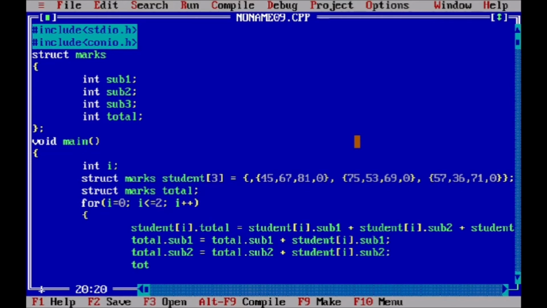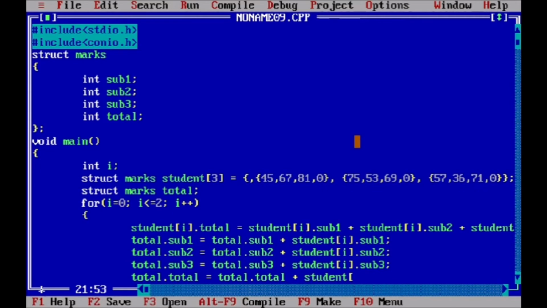Now total dot subject 3 is equal to total dot subject 3 plus student of I dot subject 3. Initially total dot subject 1 is equal to 0 plus 45, then the second time it is 45 plus 75, and the next time it is the summation of 45 plus 75 plus 57, and at the end we are getting the total of all the marks.